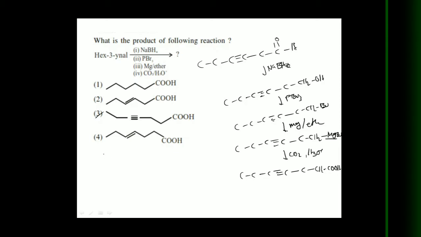Actually, what is this reaction of the Grignard reagent with CO2? Here C double bond O, with Mg plus 2 and Br minus 1. The electrons are transferred to O minus. Now this C plus carbon is attacked by the R minus. As a result, we get C double bond O with R and O minus. On acidification, we get C double bond O with R and OH.